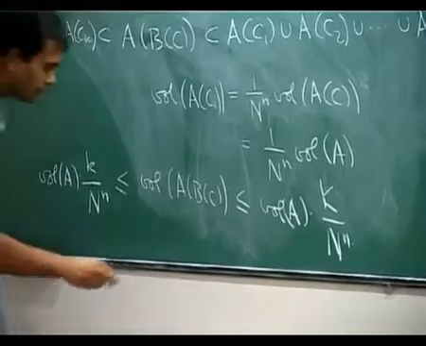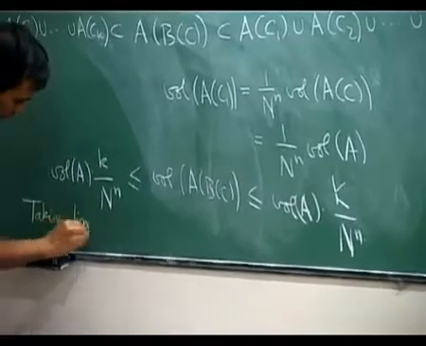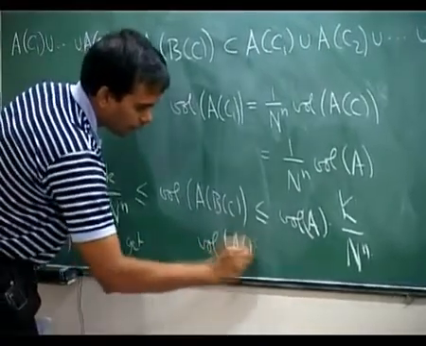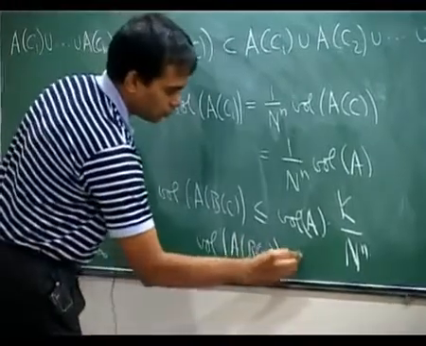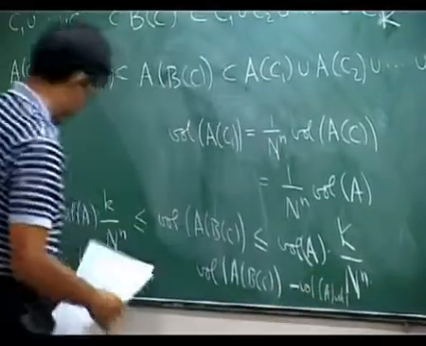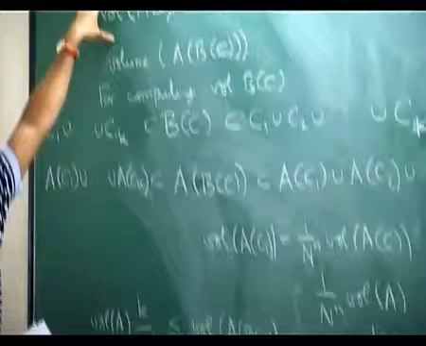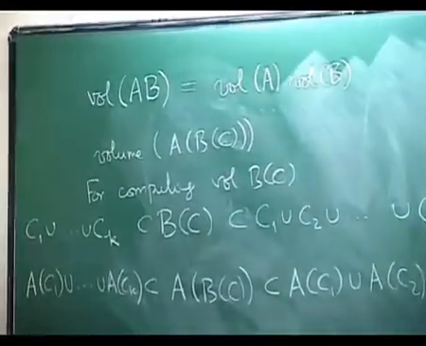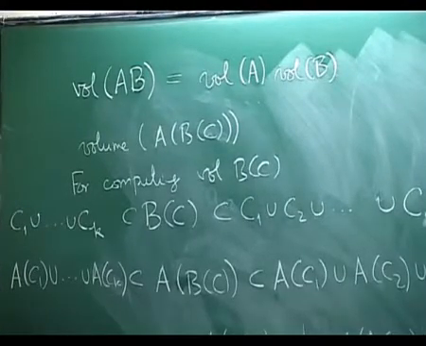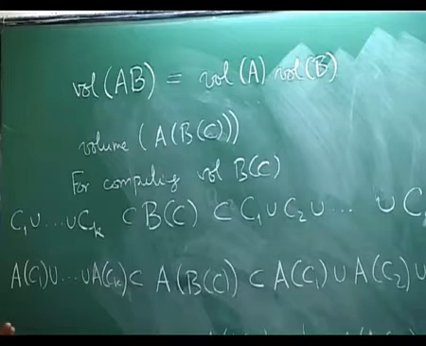So taking the limit, you get volume of A, B, C is equal to volume of A times volume of B. So in particular, you get this, volume of AB is volume of A times volume of B. So because this matrix multiplication is given by composition of transformations, the volume becomes multiplicative. That's the basic idea. I hope that's clear, because the next point is a little